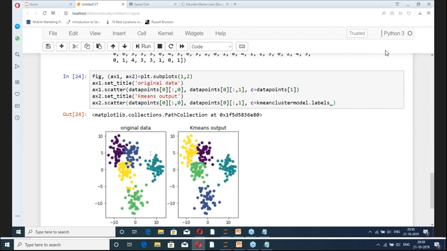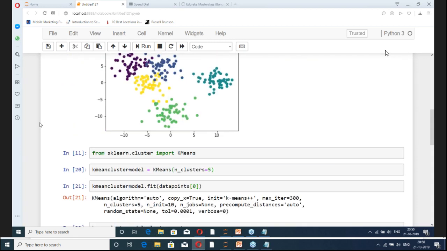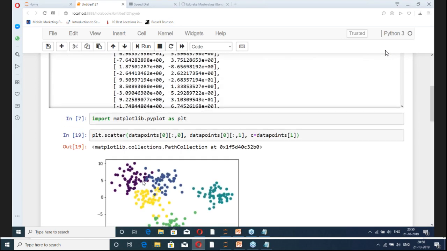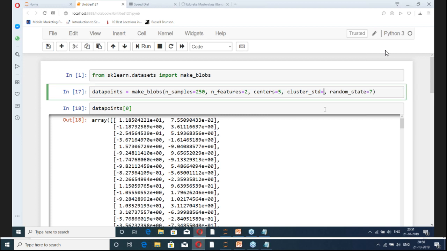And then Kumar Deep is asking, how does the standard deviation matter? See, for the K-means algorithm, standard deviation doesn't matter, but here we are first creating data points. So when we are creating the data points, then standard deviation matters, right? It decides how much the points would be spread out around the center. So when I had a very small standard deviation, let's say I make it 0.5 only, then